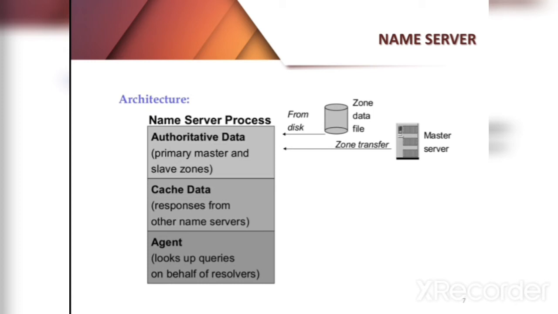Next is a detailed explanation about what is an authoritative server or a name server. The main role of the name server is to get the related information about the request that is sent through the resolver. They are programs which hold the information about the domain tree structure. The name server can be categorized into two different types, that is the primary name server and the other one is the secondary, or it is also called a cache server.